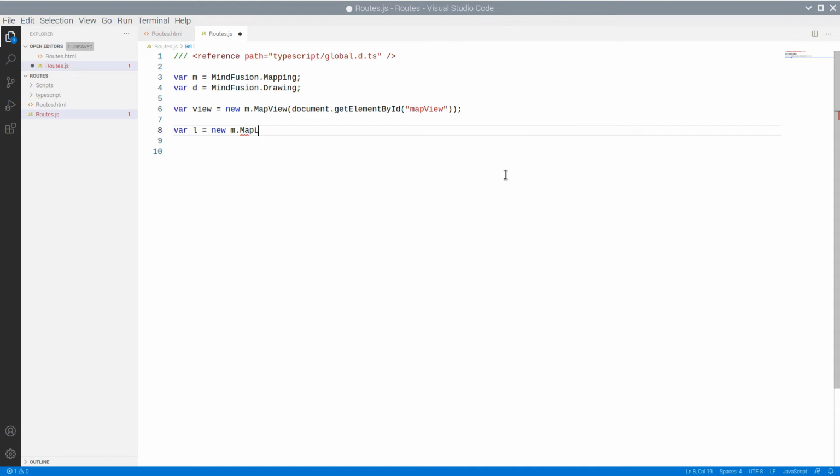The map itself is rendered by the map layer class. We need to provide it with a URL to a tile mapping service.